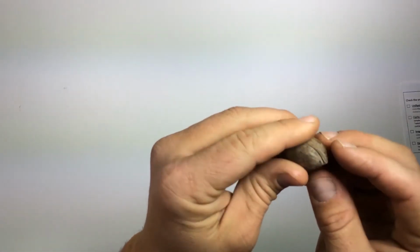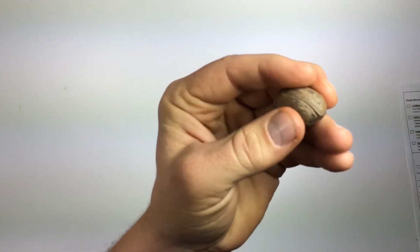This particular nut has a crack. This particular crack